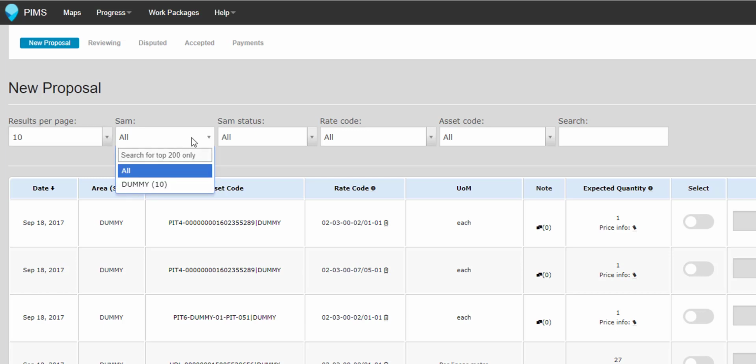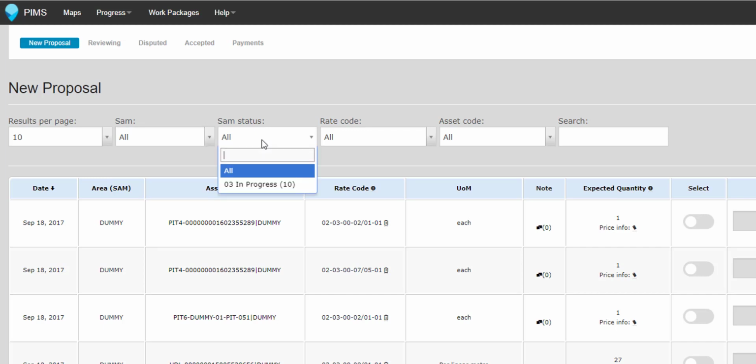SAM will let you filter displayed progress to a single service area. This can be useful in the event that you have crews working in multiple SAMs simultaneously. Each option will have a number in parentheses beside its name. This number tells you how many outstanding entries await review and submission in a progress proposal. SAM status allows you to filter to show only progress entries in SAMs in a particular stage of construction. Again, like in SAM, we can see beside our options a number in parentheses telling us how much progress awaits